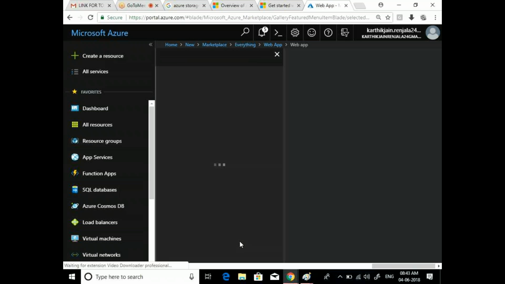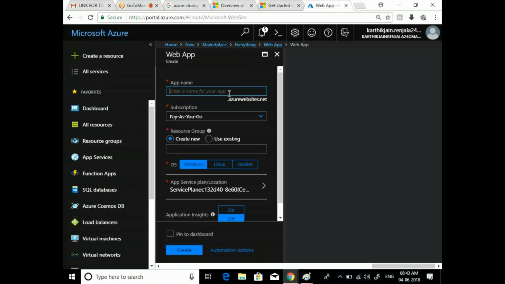Whenever I create this, it asks you for the domain name, the DNS name. Similar to the storage account, where they gave core.windows.net, here also they are going to give you azurewebsites.net. Let's say if you want to use .com on your own, visualpath.com, then you need to purchase that domain. If you want to purchase, I'll show you how to do that. I have my own custom domain. I'll show you all the steps.